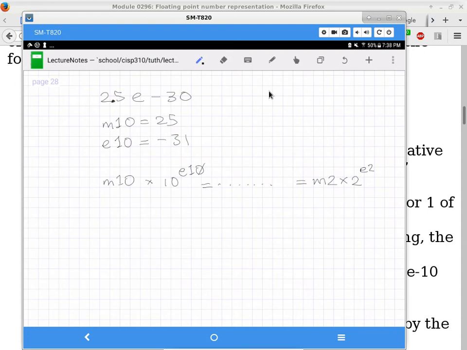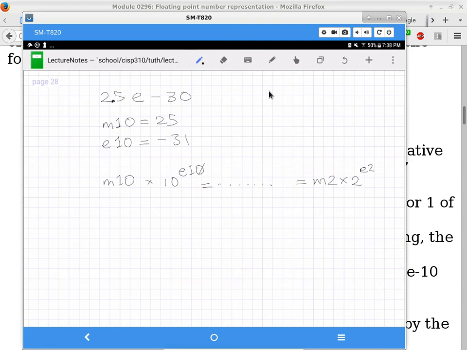Because no one says E2 cannot be a 0. If E2 is a 0, then we don't have this term here. So if M2 can be an integer, then we're all done already. I picked this particular example because we cannot use that trick. It's not an easy one. So if it's not an easy one, what are we going to do about it?